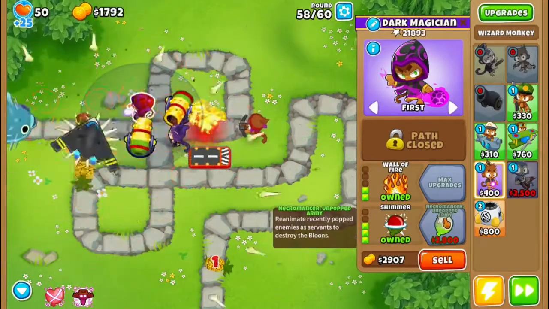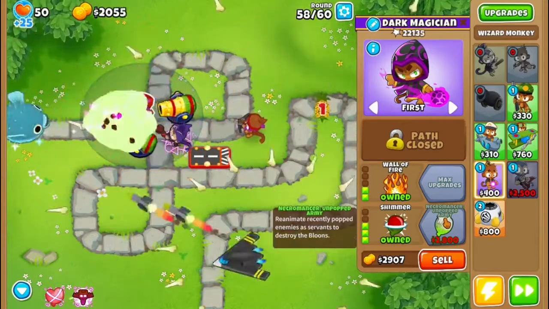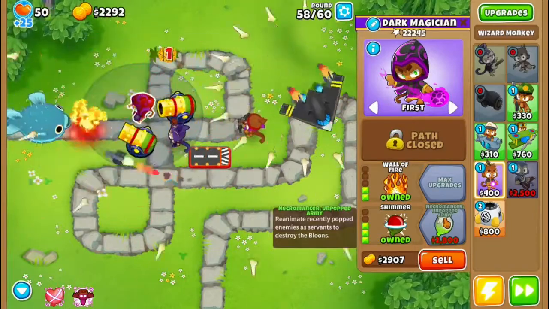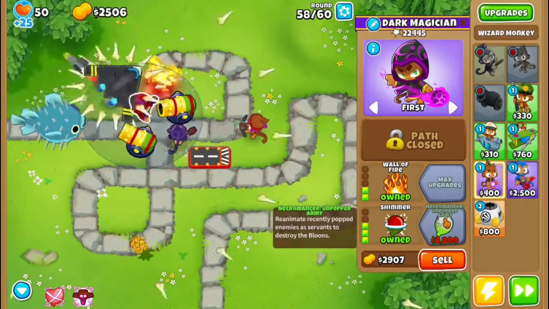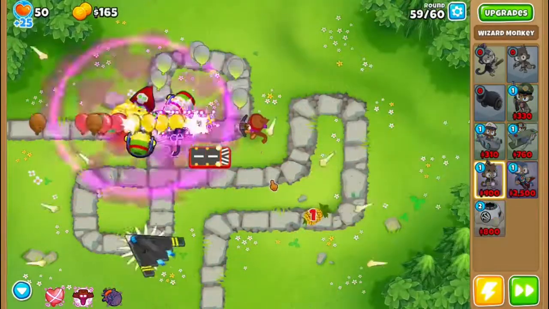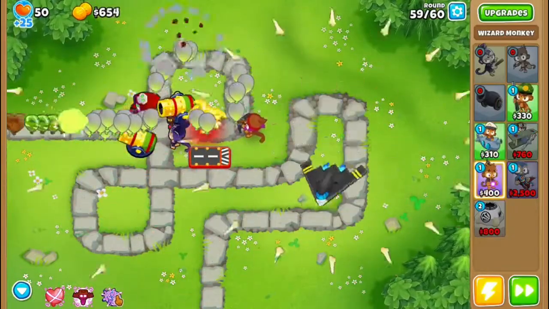Okay, but I think we've done it. Weirdly enough, we've done quite well here. I think it was because it was on medium difficulty. It made everything cheaper and easier to afford. But it's still half cash mode, so it didn't make it too easy for us, but we did manage it